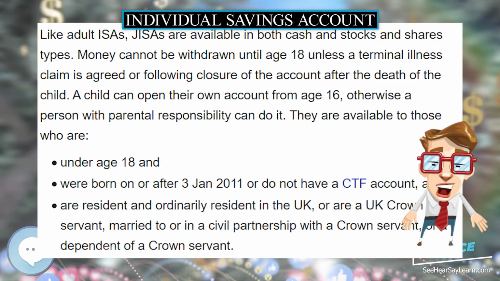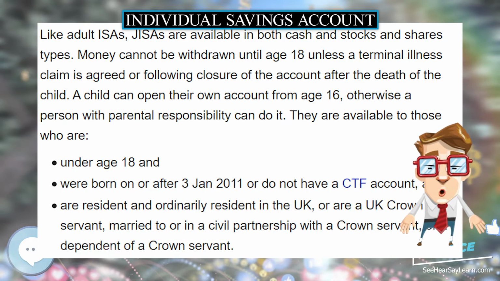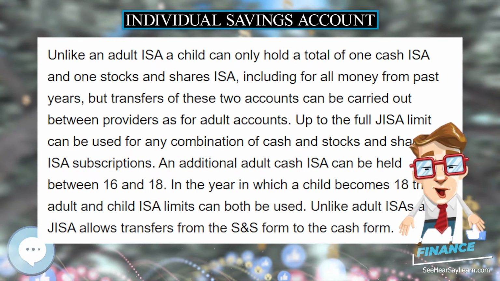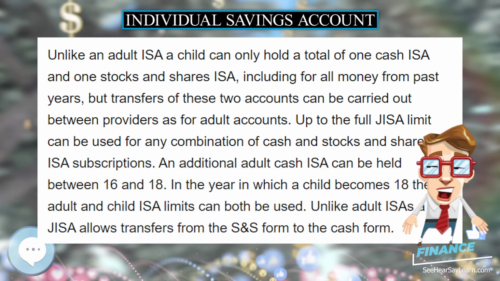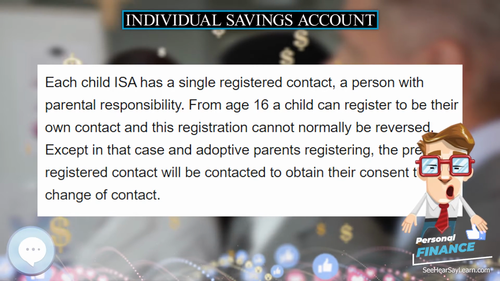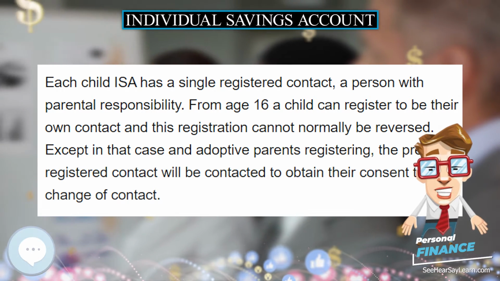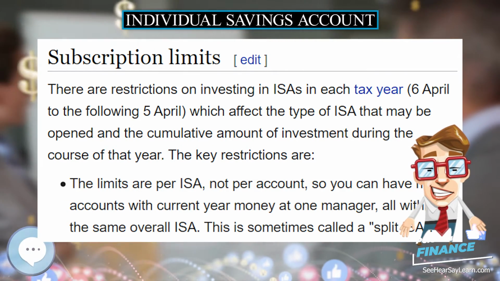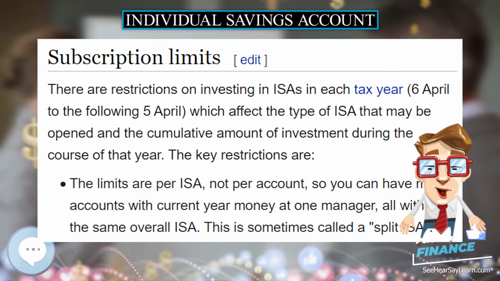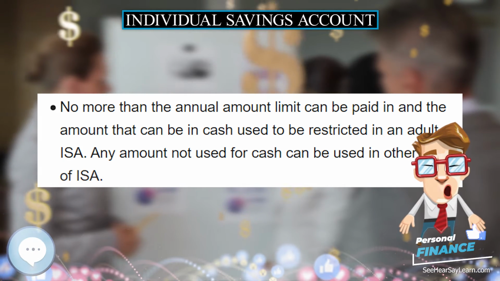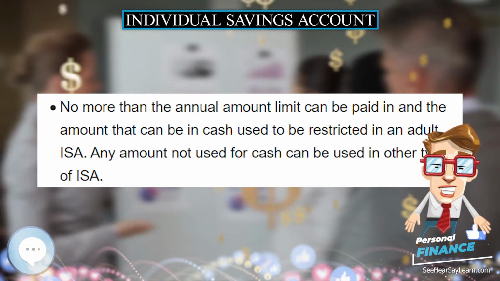Money cannot be withdrawn until age 18 unless a terminal illness claim is agreed or following closure of the account after the death of the child. A child can open their own account from age 16, otherwise a person with parental responsibility can do it. They are available to those who are. Unlike an adult ISA, a child can only hold a total of one cash ISA and one stocks and shares